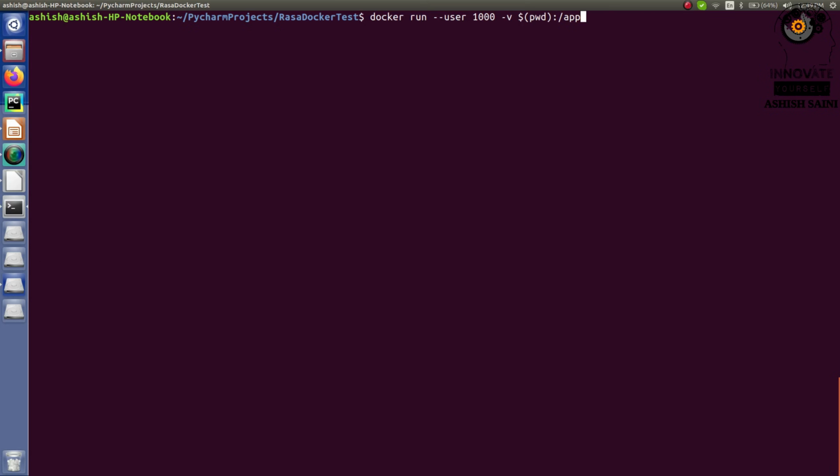So right now I have just linked that part, and after that we have to set the image based on which it is going to initialize the basic project. As I said, I'm going to initialize the very basic project, so that's why I'm going to run it. For that, I have to write an image name, and that image name is Rasa/Rasa, or you can also call it the repository name. After that you have to write the tag name for it.